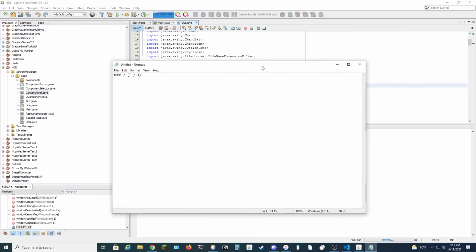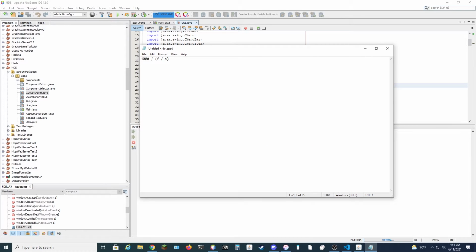Sorry, I got myself confused for a second. In any case, when we take 1 and divide by the number of frames per second, we will get the number of seconds per frame. And then if we multiply this by 1000, we will then get